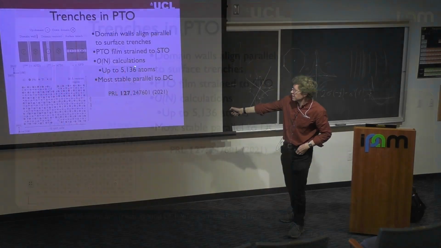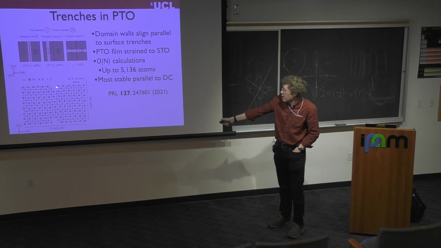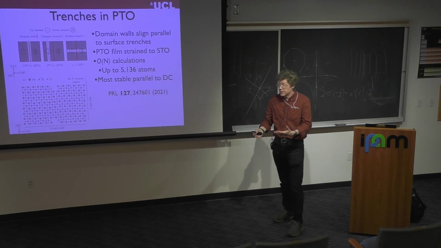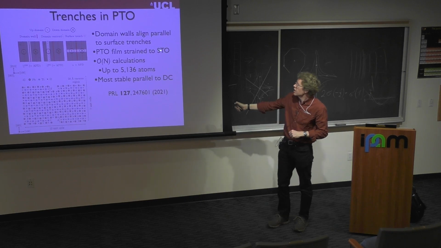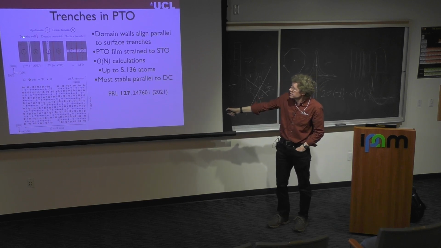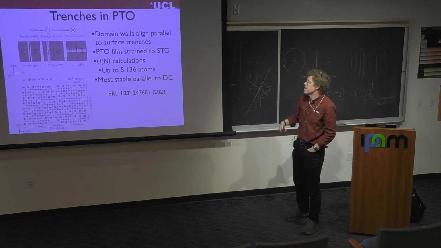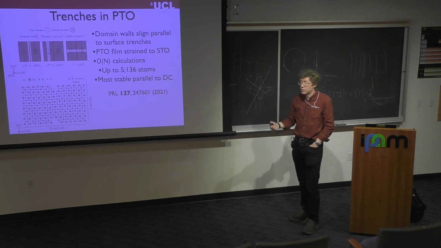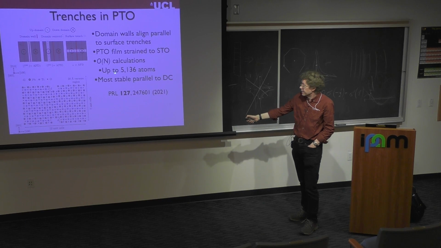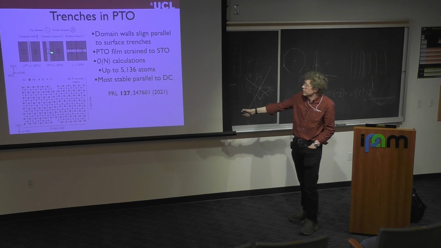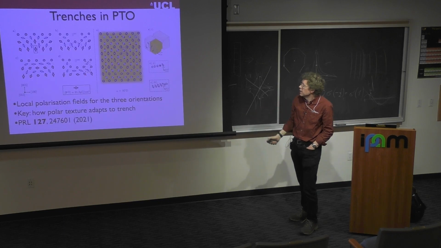Anyway, so we're doing these calculations. We're taking a thick film and we're making a trench, and then we're relaxing it. We're putting the trenches in various different places, either on top of a domain wall, or between the domain walls, or perpendicular to a domain wall. And then we're just calculating the energy and the structure. And the headline is that the most stable structure is having the trench parallel to the domain centroid, so down the middle of the domain.